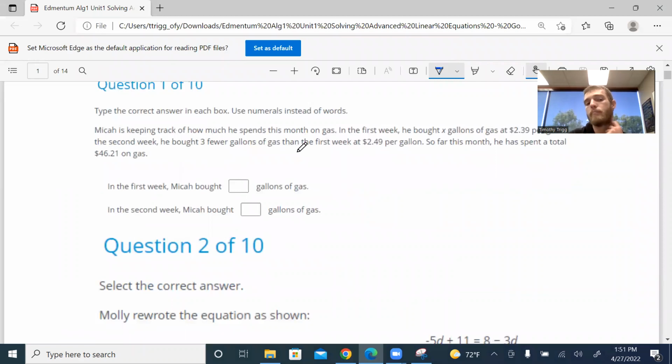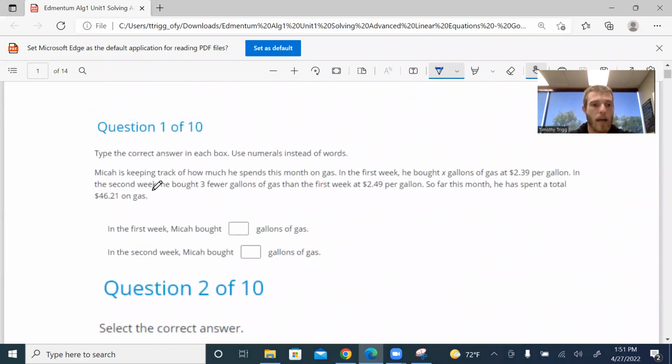All right. Micah is keeping track of how much he spends this month on gas. In the first week, he bought X gallons of gas for $2.39 per gallon. Yeah, I wish it was that price. In the second week, he bought 3 fewer gallons of gas than in the first week. And the price went up a little bit to $2.49 per gallon. So far this month, he has spent a total of